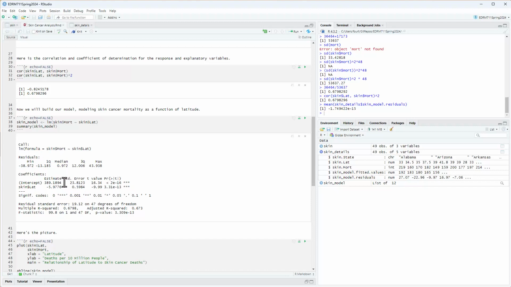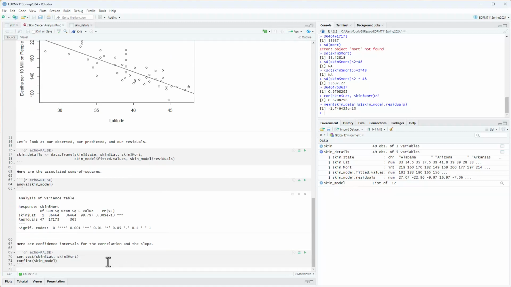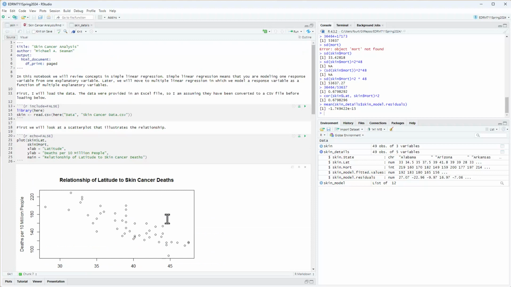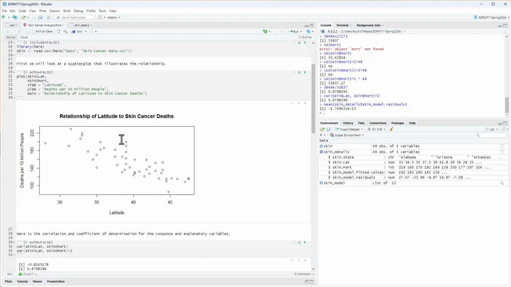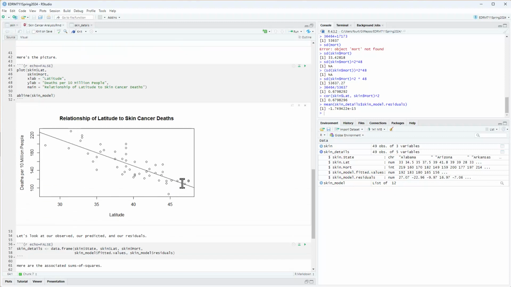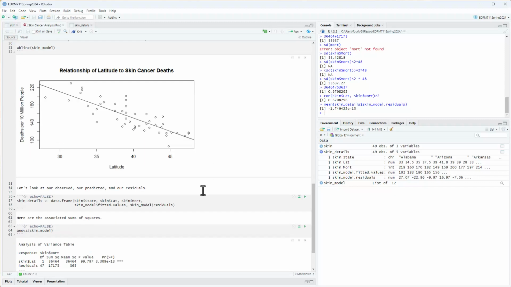Okay, we've already talked about the intercept. We've already talked about the slope. We've talked about the correlation. We've talked about the coefficient of determination. We've talked about the sums of squares. So I think we have pretty much covered it in terms of graphically the scatter plot, graphically the line going through the points, and in terms of descriptive statistics. So why don't I go ahead and end this video here, and then we shall talk about inference